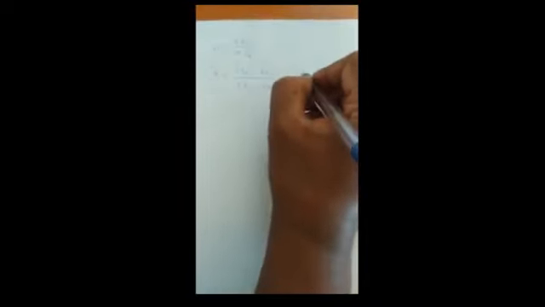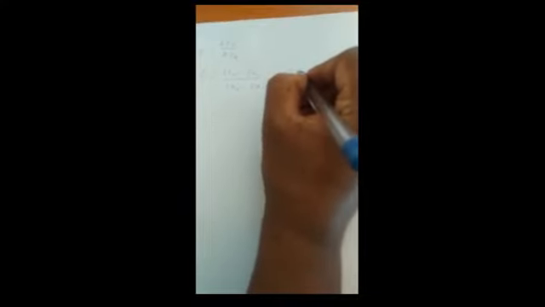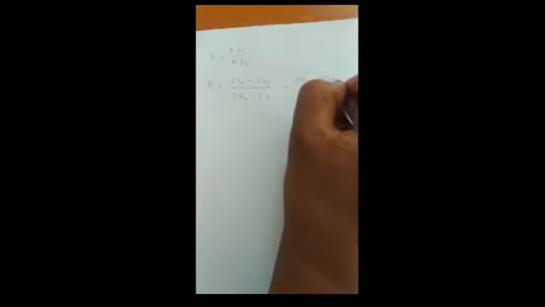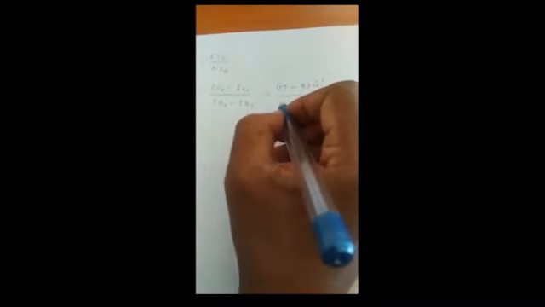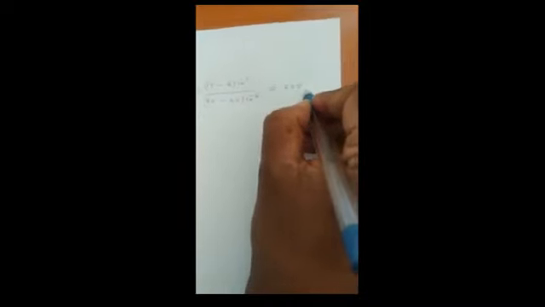Now let us substitute the values whatever we obtain. So IC2 is 17 milliamps minus IC1 is 8 milliamps, so 10 to the power of minus 3, and divided by IB2, which is 80 microamps, minus IB1, which is 40 microamps, so you can write that in this format, 10 to the power of minus 6. So after simplification you are going to get the value of beta 1 is equal to 225.